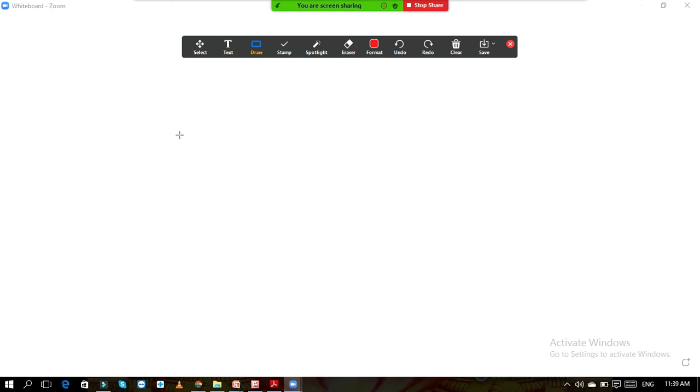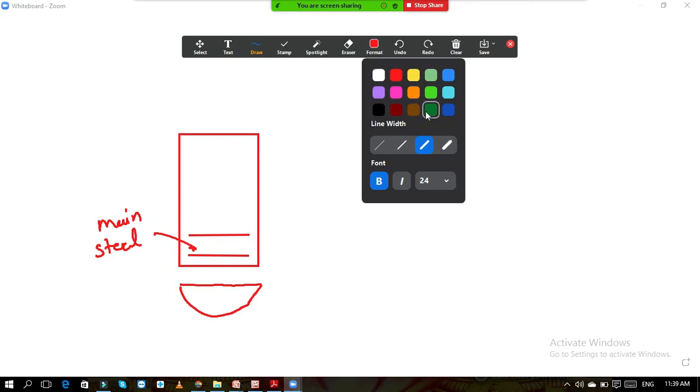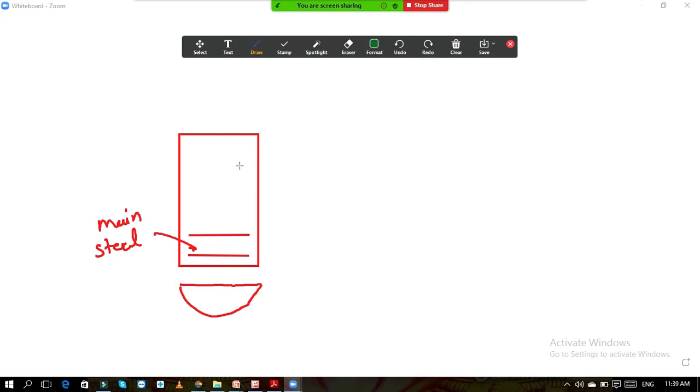So I hope now you understood what I am trying to tell you. That is why here our main steel is provided like this. This is our main steel, these are the main steel, and it is provided in this direction because the deflection along this direction is more. It is parabolic. Okay. And we provide the distribution steel along this direction.